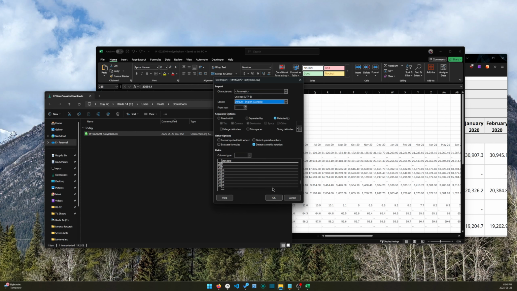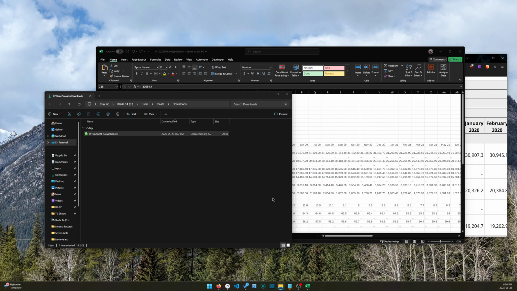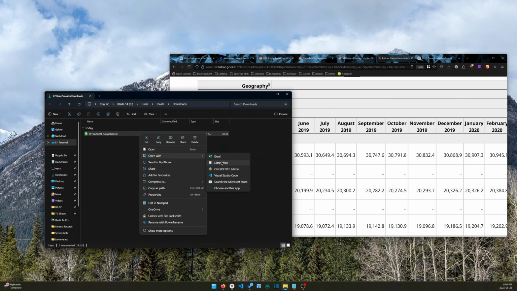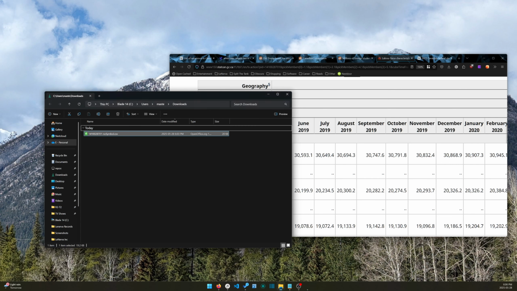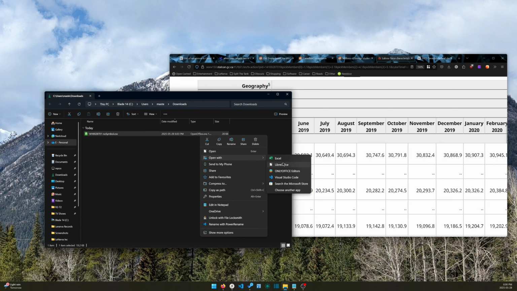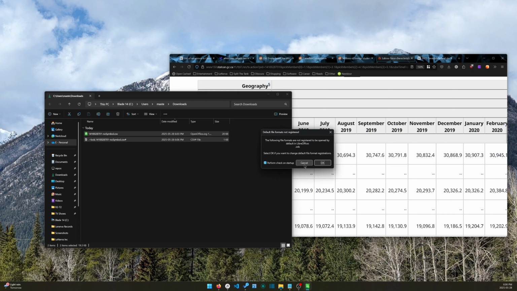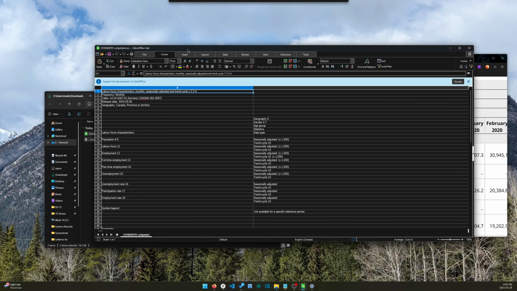This isn't really about LibreOffice, it's more about the other software that I'm about to show you, which is OnlyOffice. So I'm trying to open. Okay, so I can't open that. So let me open this really quickly. Okay, so